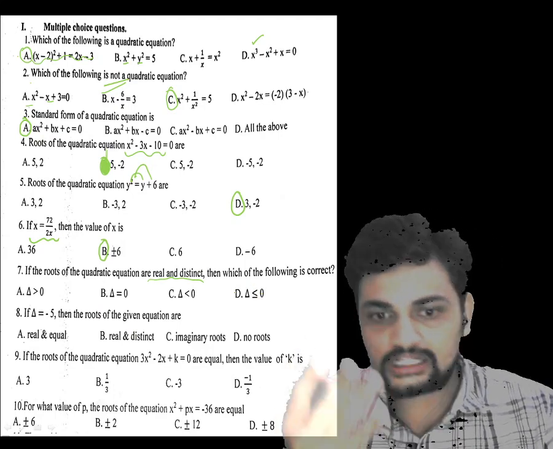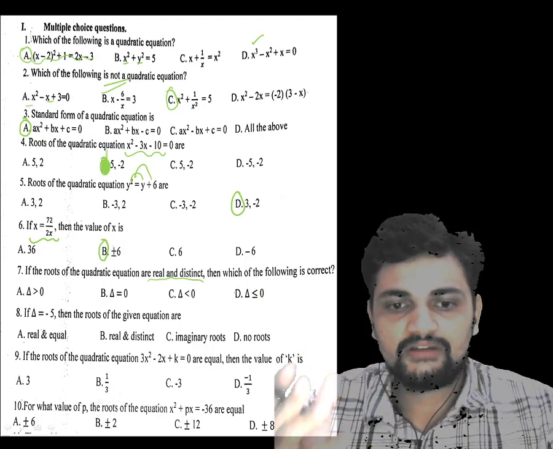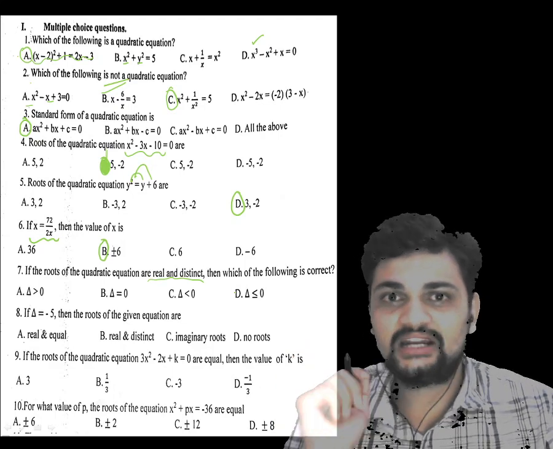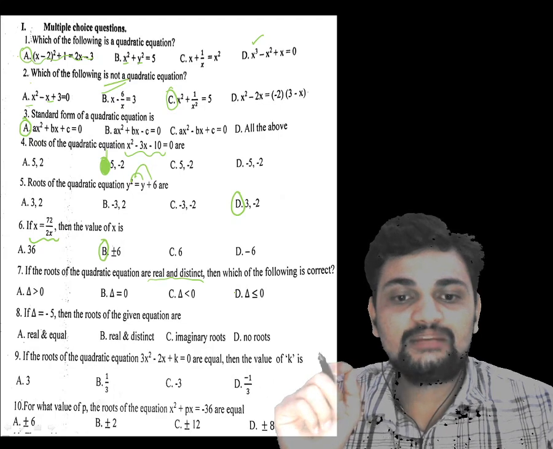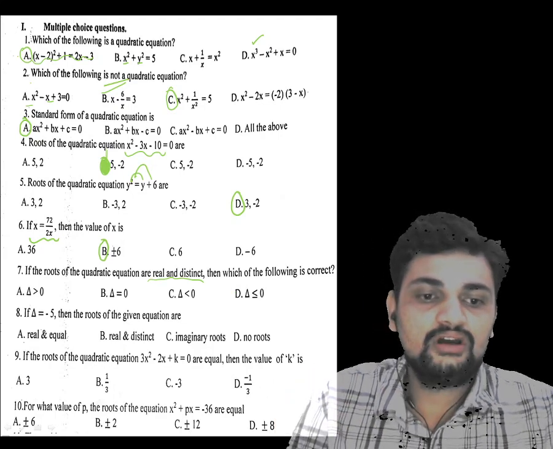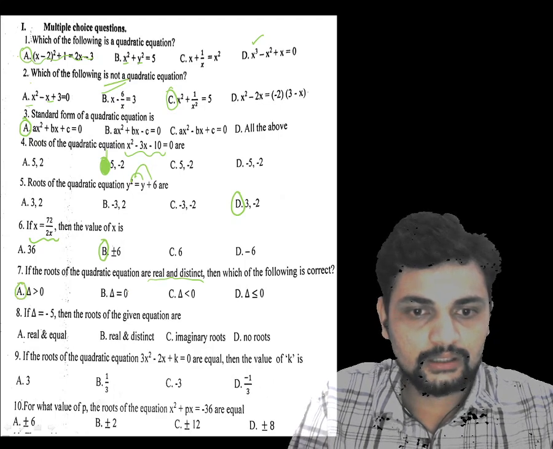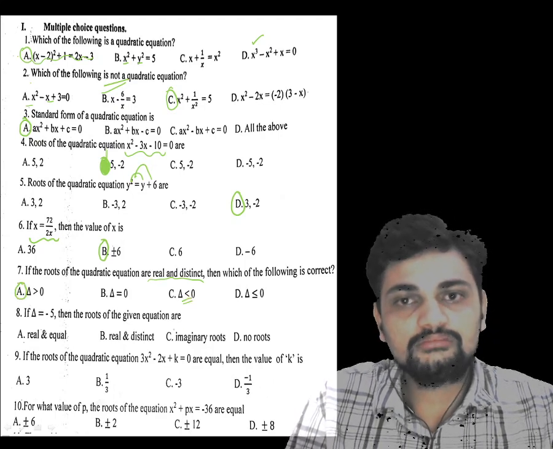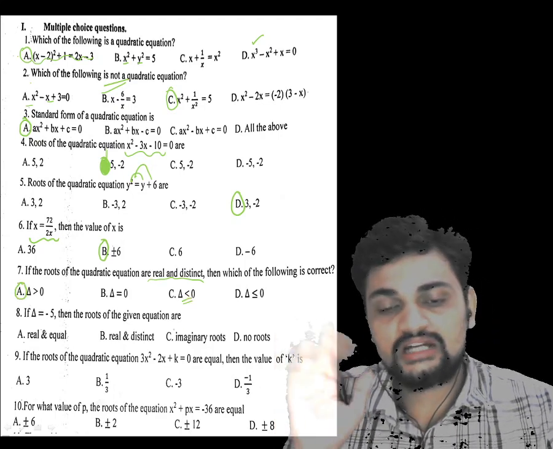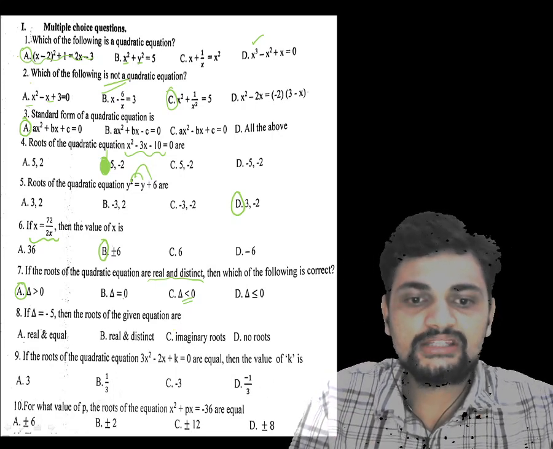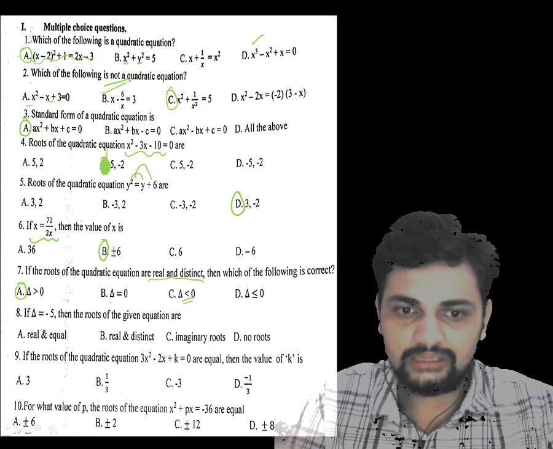In previous videos also I have explained this. Whenever delta, which is called the discriminant, which is also indicated with capital D, is greater than 0, we will get real and distinct roots. If it is less than 0, these are imaginary or the solution does not exist. And equal to 0, we have a completely different condition.